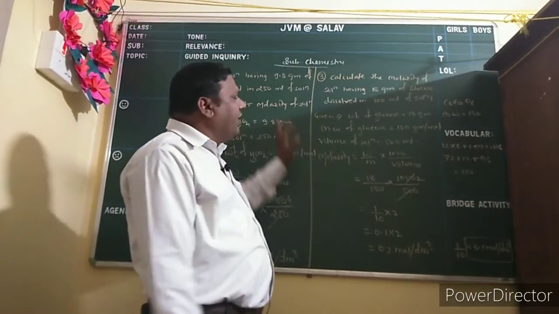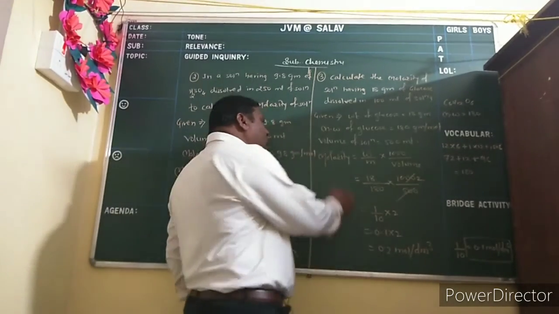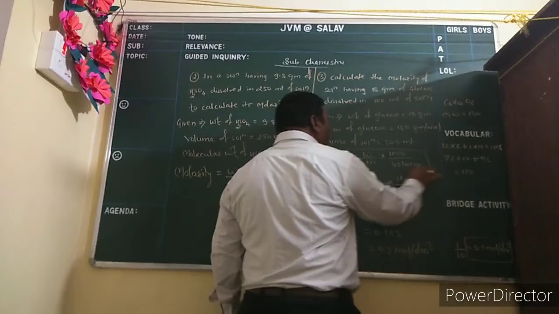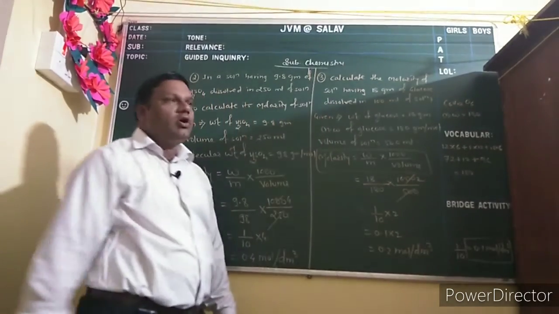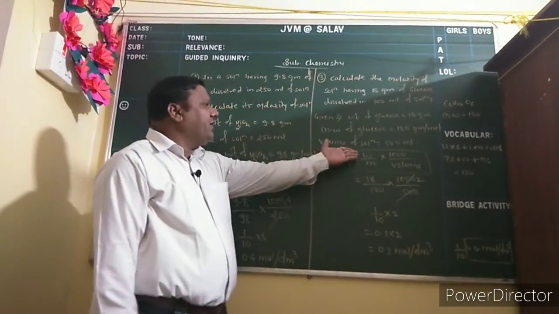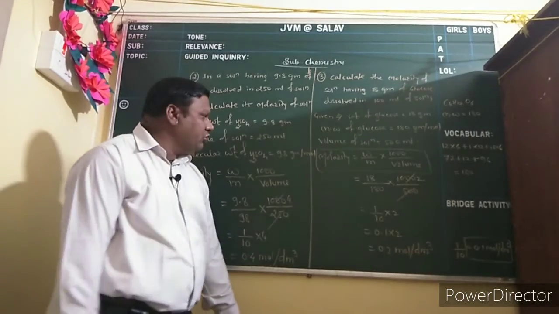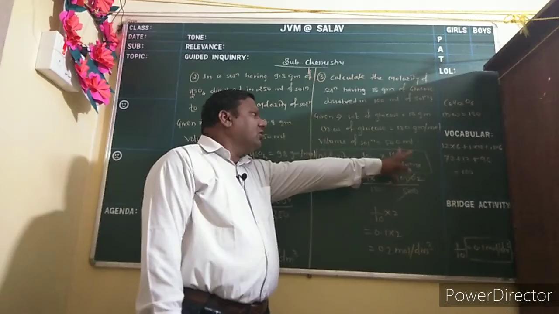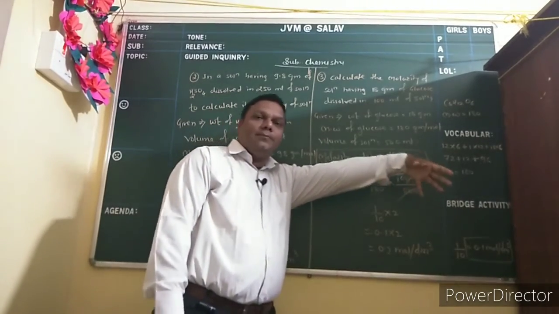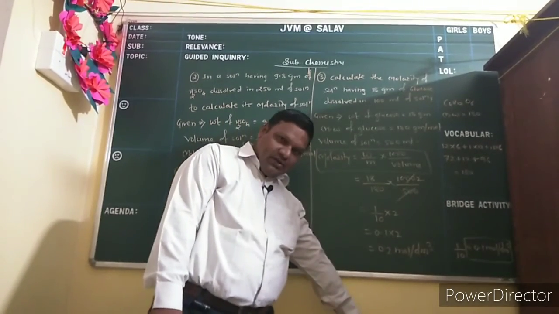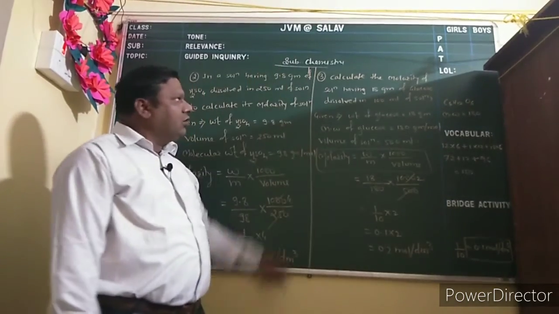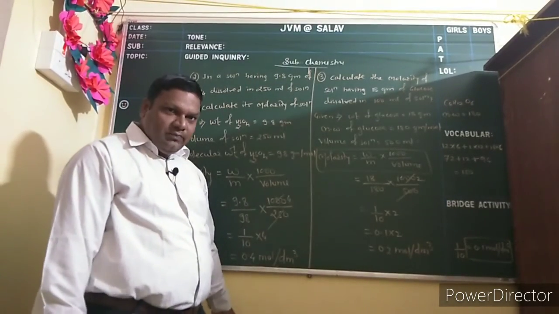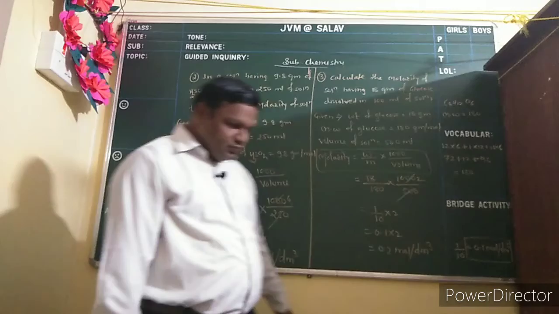So this is molarity, and you know this formula: small w upon small m into 1000 upon volume. You know very well small w indicates weight of solute, small m is molecular weight of solute, and volume indicates the volume of solution. Is it clear? Okay. So please note down these examples. Okay. And thank you now.